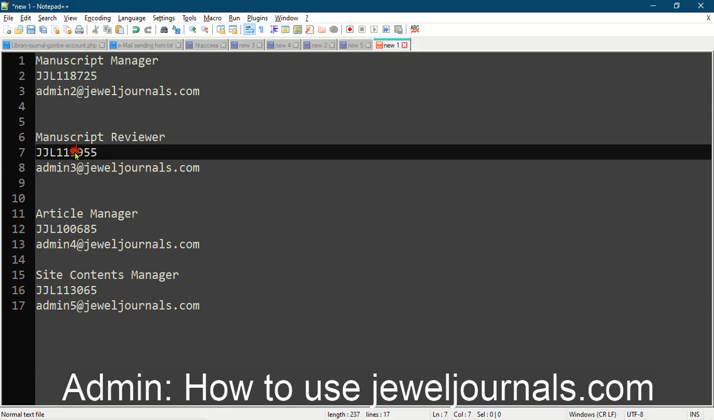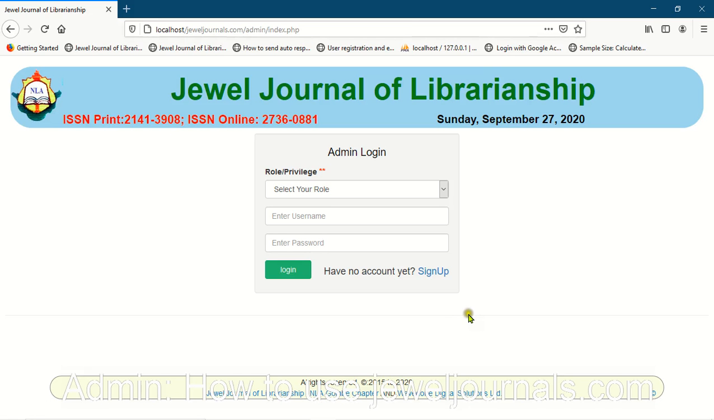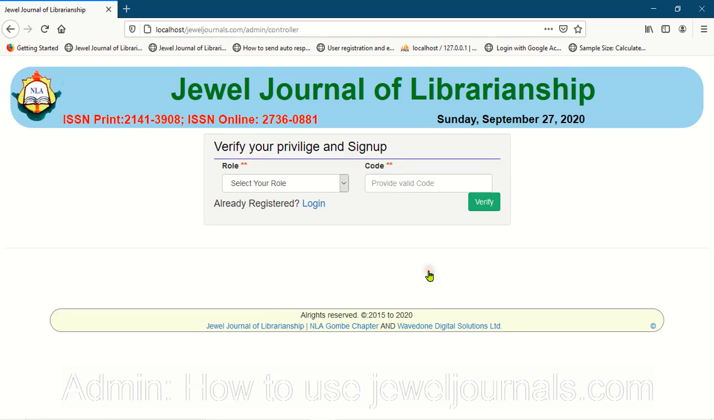As you can remember, the site administrator had created a code for the manuscript reviewer. So let's get the code from here. This is the code. So I'm going to copy it by pressing Ctrl C, and I'm going to come back to the site. So here we are at the back end, as followed from the previous documentary that we did. So you need to sign up as a manuscript reviewer by clicking on this,